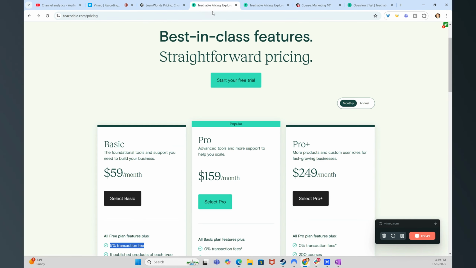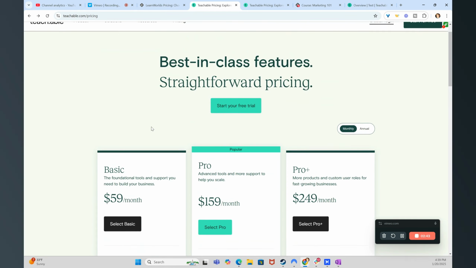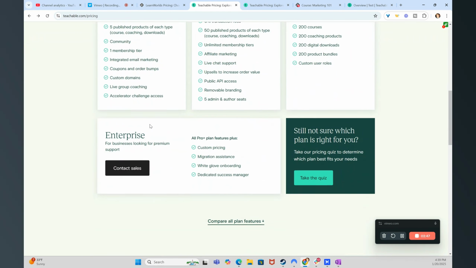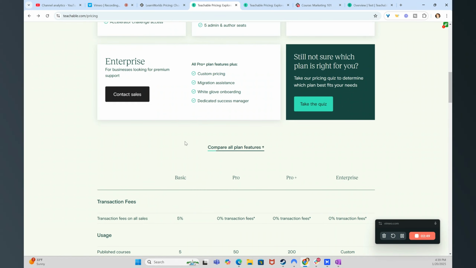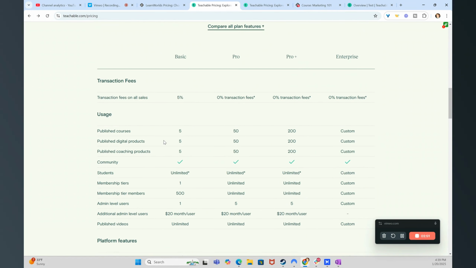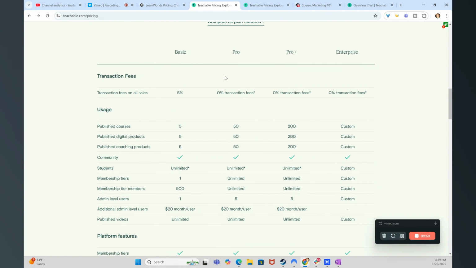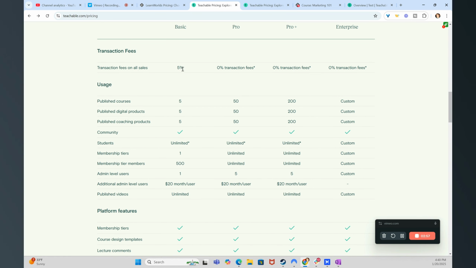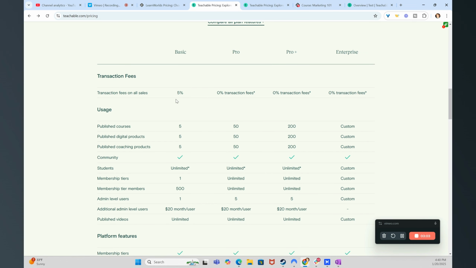As a little bit of a digression, though, Teachable used to have a completely free plan. I'm not entirely sure if it's gone for good, but if you look down at the compare all plan features, they have this basic plan. This used to be a more overt call to action, but I've messaged support. I haven't gotten a response back. But if you can still find this sign up link for this course, the basic plan, which is just a